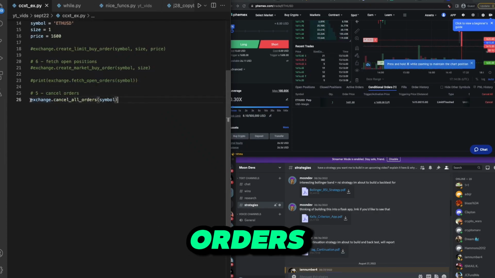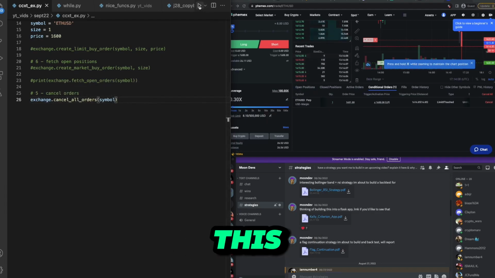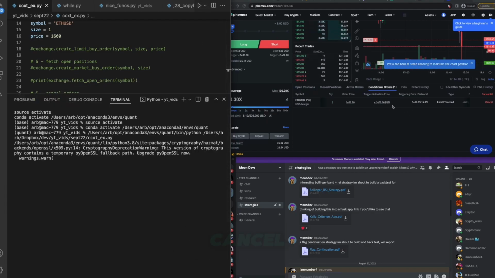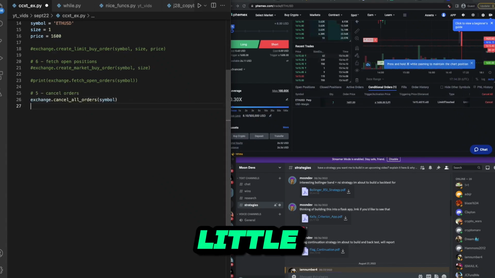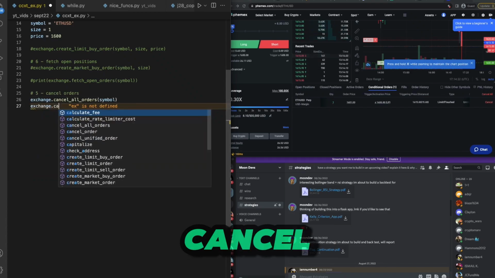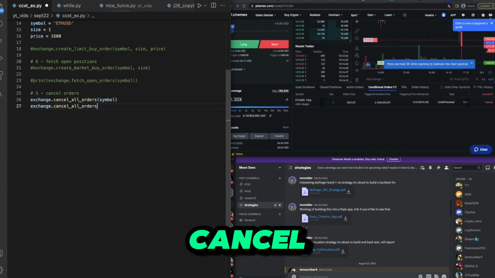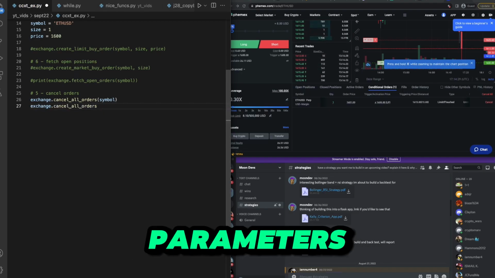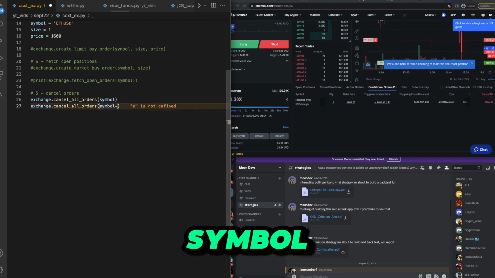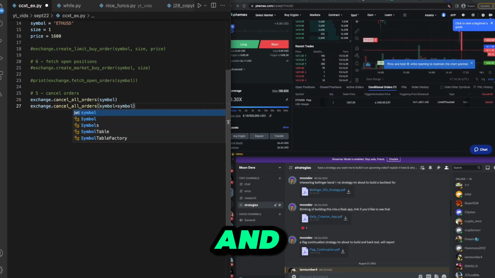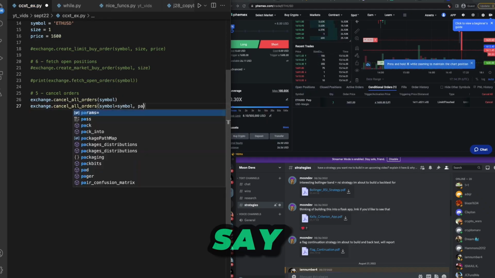Now, canceling active orders is one thing, but if I run this again, I don't think it's going to cancel this conditional order. You can see here, it's still active. So since this is still active, how do you cancel this? Well, it's just a little bit different. You say exchange.cancel all orders, and you just have to pass in some parameters this time. So we would go ahead and say symbol equals symbol, and then we would have to go ahead and say params